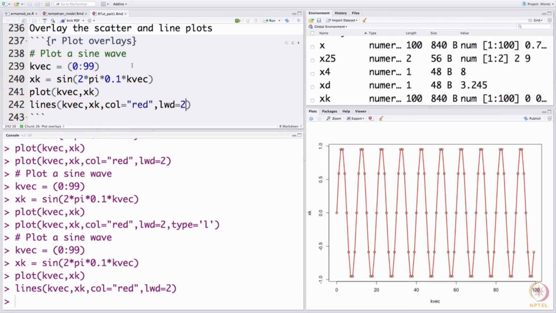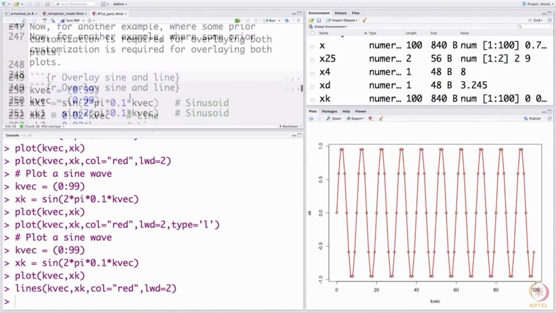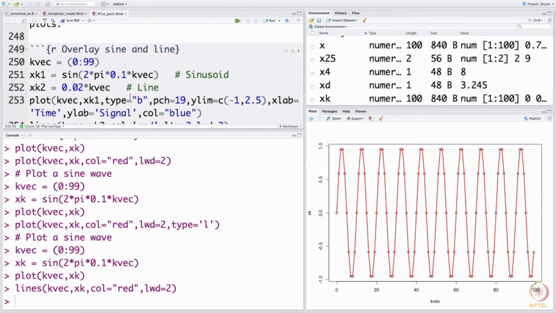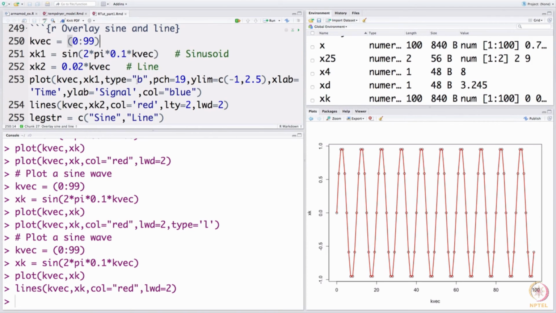Fine. Now, the next, slightly more advanced example is where I have a sine wave, the same sine wave, but now I have a straight line as well, and I want to draw both on the same plot. But before I do that, remember we are going to issue a plot command and then a lines command.